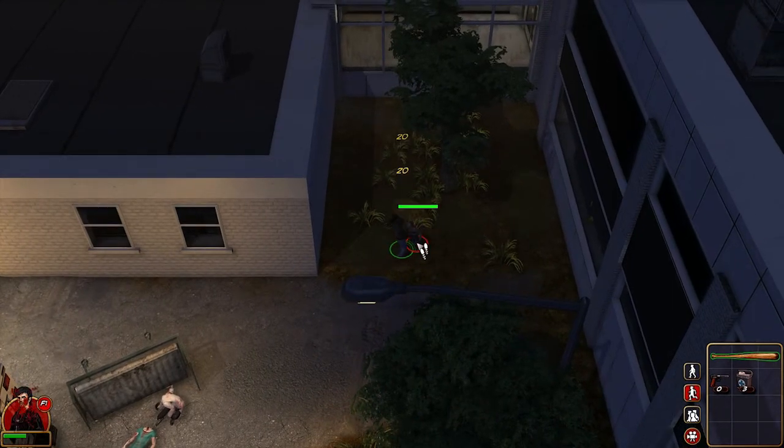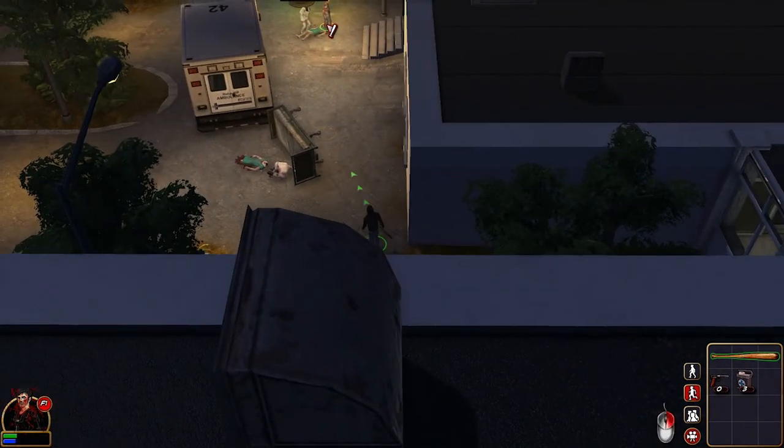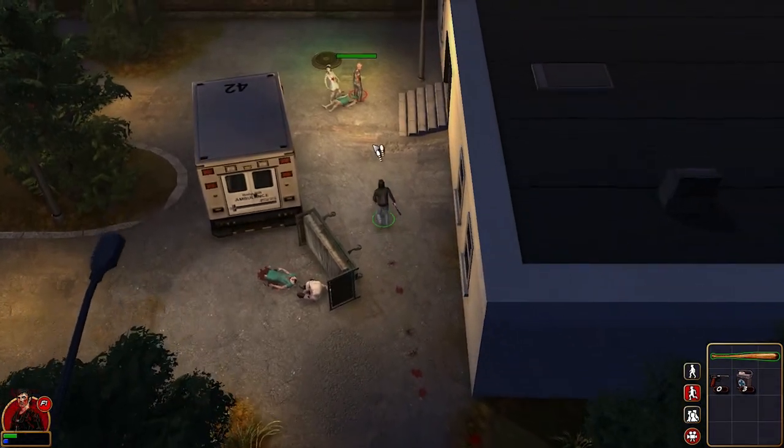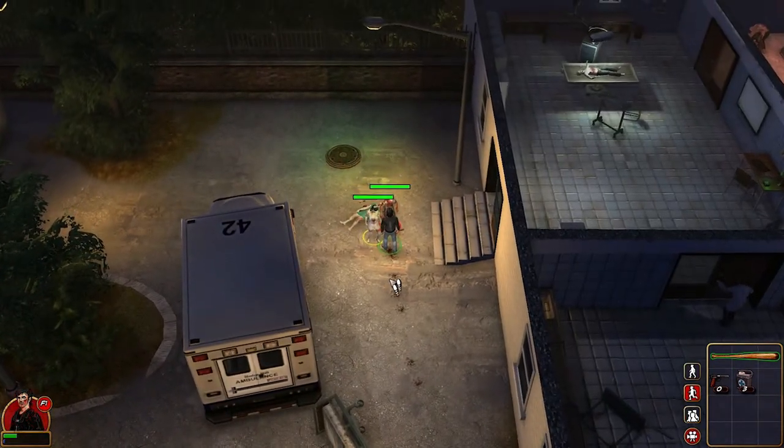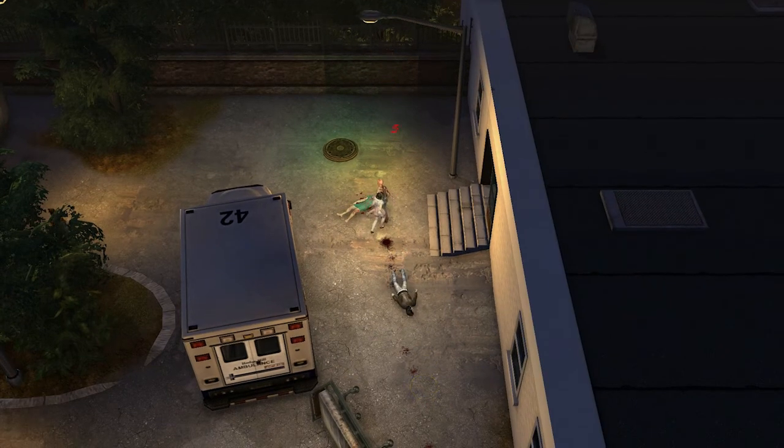Wait. Wow. The hit detection for the baseball bat. If you notice, the feet show up more often than the actual attack icon. This is probably going to result in like, oh great, he's just standing there. Well,